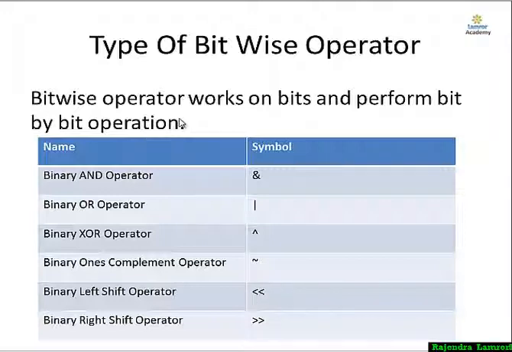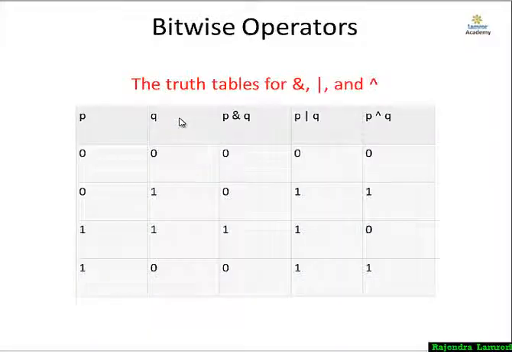Basically, the bitwise operator works bit by bit. So whatever number you are doing the bitwise operation on, first change it into bits and then analyze it, and you can understand very well. So first I am telling about how the bit operation works. The AND operator works like this: if P and Q both have a 1, then it gives you result 1, else it will give you 0. So here 0 and 0 gives you 0, 0 and 1 gives 0, and 1 and 1, both are 1, then it gives you 1, or else 1 and 0 is 0.